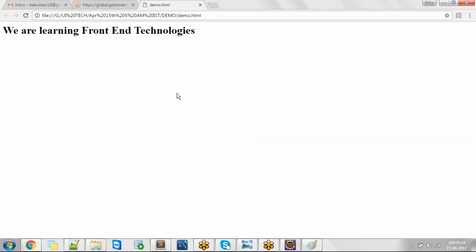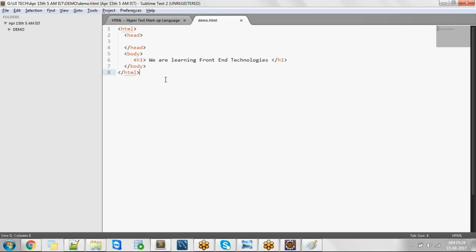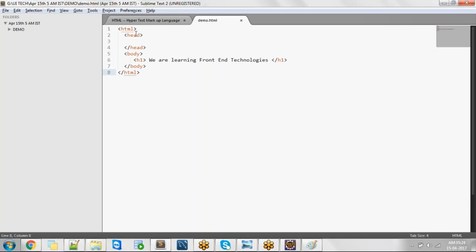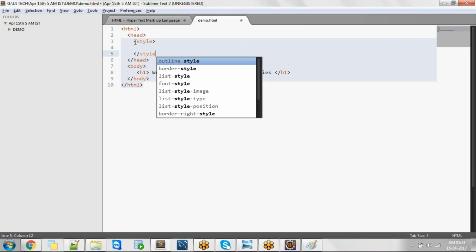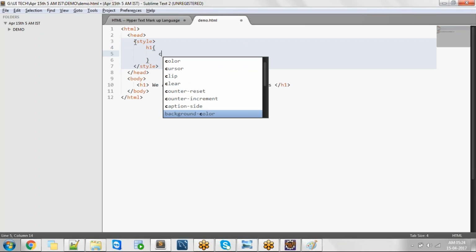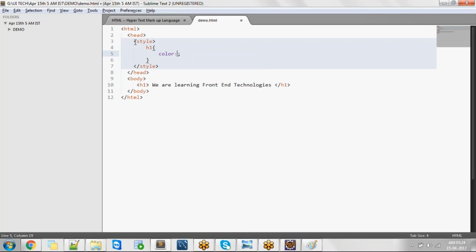We have a number of tags with which we are going to be working in our HTML language. So CSS: till now, what we have seen is the basic HTML part, with which we are creating a web page, and that page is going to be displayed in the browser. And when I say CSS, over the head section I'm going to be writing some styles, with a style open tag and close tag. So here we say it is the H1 element, right? H1 of color red